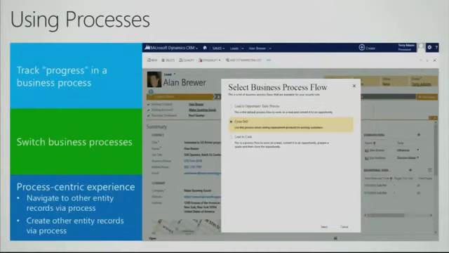It's now no longer about working the lead, working the account, working the opportunity, working the quote. It's about working the deal. It's one screen. Work the process. Open this particular lead, Alan Brewer. Qualify him to close. In doing so, I'm going to span the lead, the opportunity, the quote, and then close